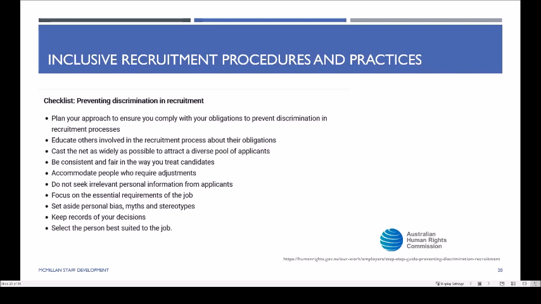And of course, doing some really good practices, such as making sure that we don't ask questions through the recruitment process that ask people to reveal any personal information that's not relevant to the job. Making sure that we focus on the requirements of the job, and particularly conscious of our biases and any stereotypes in particular. And I'm a big believer that stereotypes are a natural process. I mean, our brain is very much a pattern building machine.